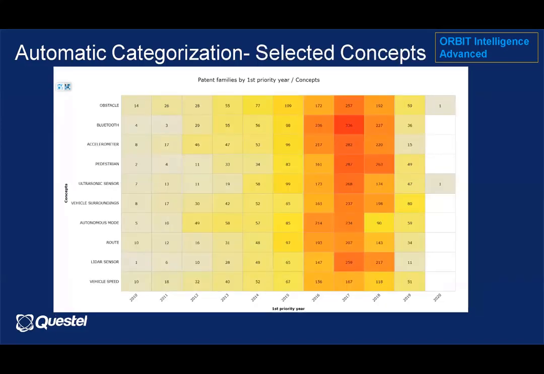Now this is automatic categorization, but at some point, if the user wants some selected concepts to be used for the categorization, and you want to build graphs or charts on the basis of your selected concepts, that is also available in Orbit Advanced under the custom option, where you can select your own concepts using the my selection option, and you can build a similar heat map or a chart on it, and you can comment in which domain or in which invention domain most of the patent documents are focused.